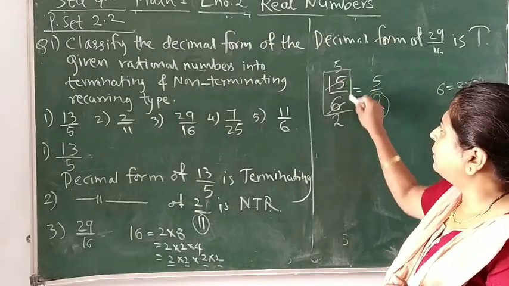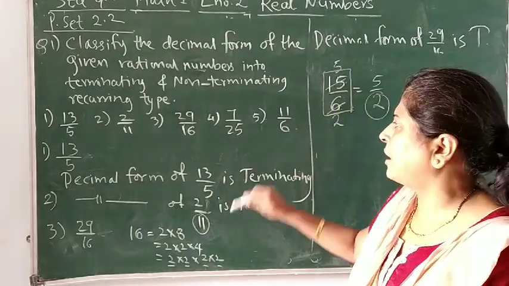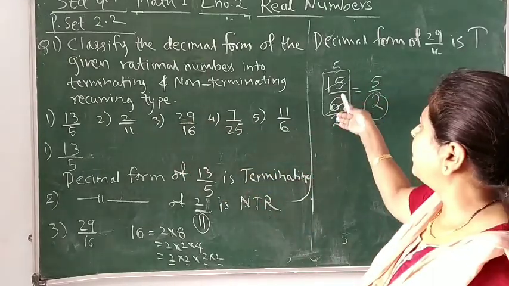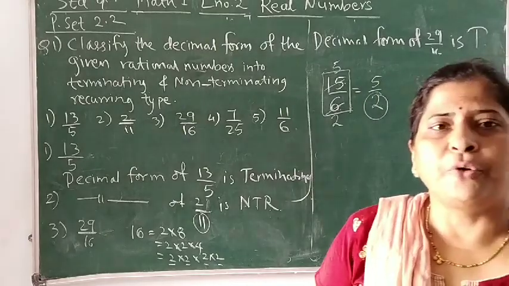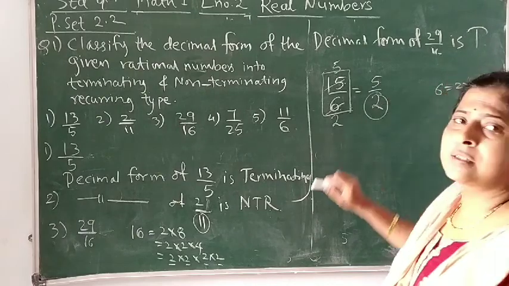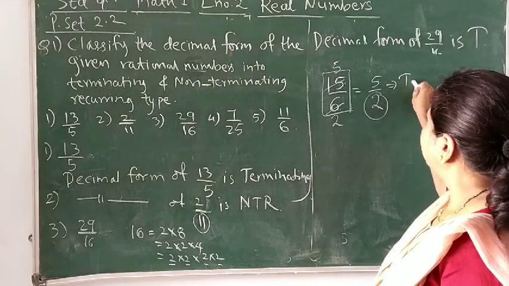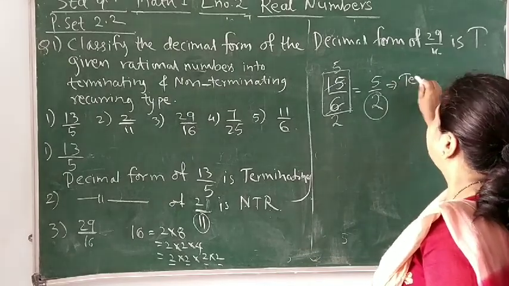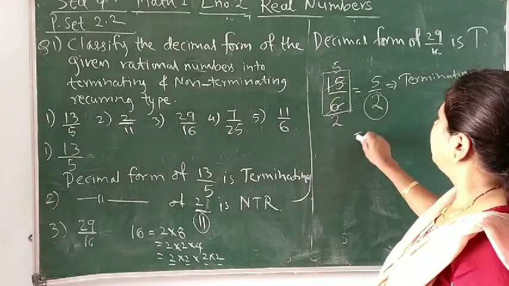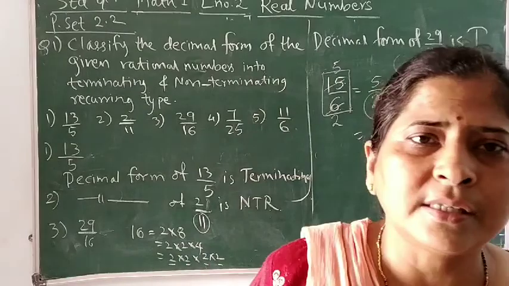So don't observe the given fraction, but check its reduced form. Here all these fractions were in reduced form, so there was no problem. But a question can come like this, where you have to first reduce the fraction, and then check whether the factors of the denominator are 2 and 5, one of them or both. If so, then the decimal form is going to be terminating. Now the 3 has gone, so it is terminating. We can verify this: the fraction is 2.5. You can verify by doing the division and you can get this conclusion.